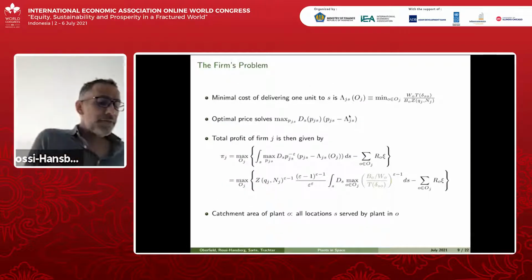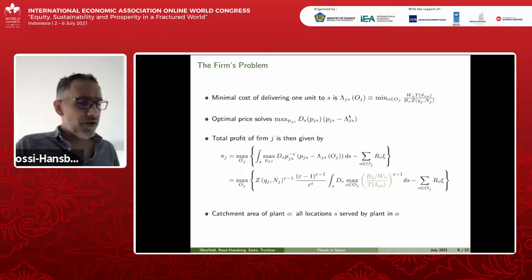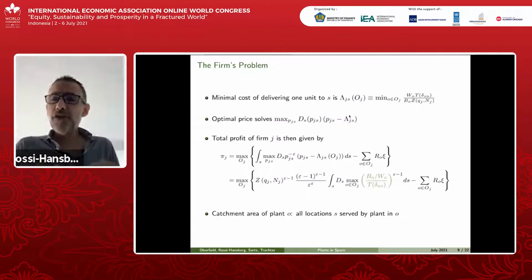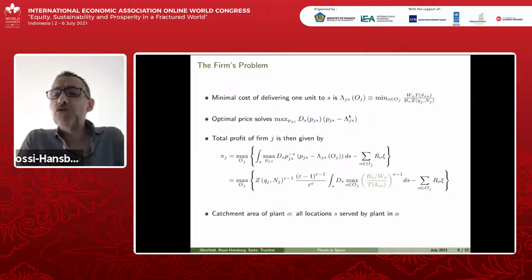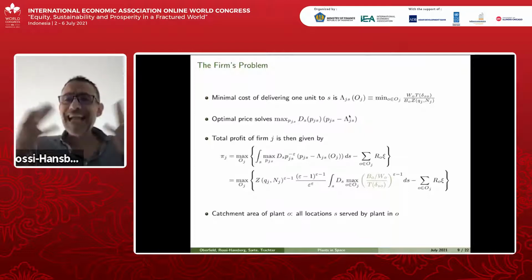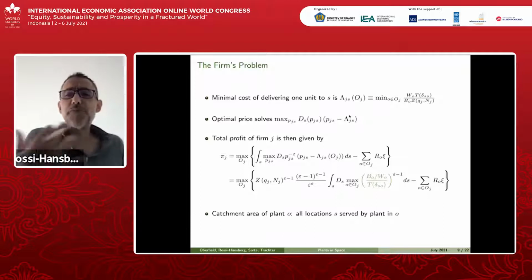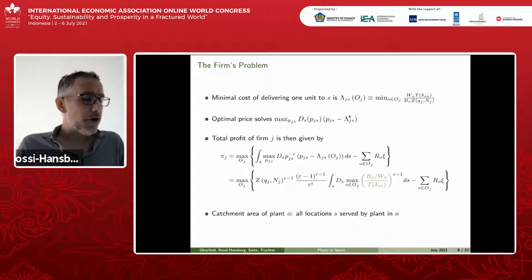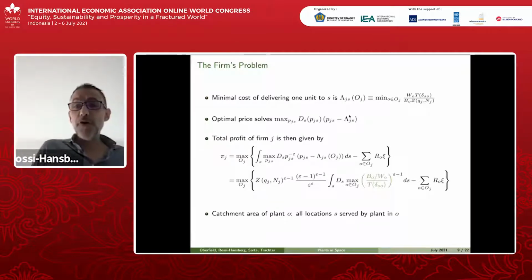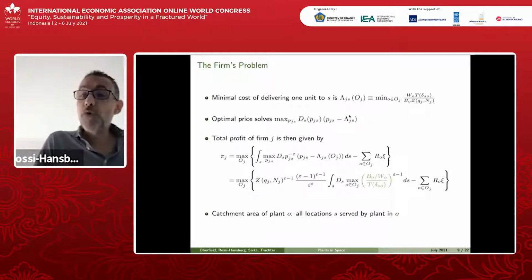And so the firm, what's the problem of the firm? The firm essentially has three main decisions to make, right? So the first one is conditional on where you have the plans. You have to decide how to serve your customers, from which plan to serve your customers. Then I'm going to call that the catchment area of the firm. The second decision is a pricing decision. At what price are you going to sell your product to customers in a particular location? And then the third problem, and the more complex problem, is where exactly to set up all those plans, okay?